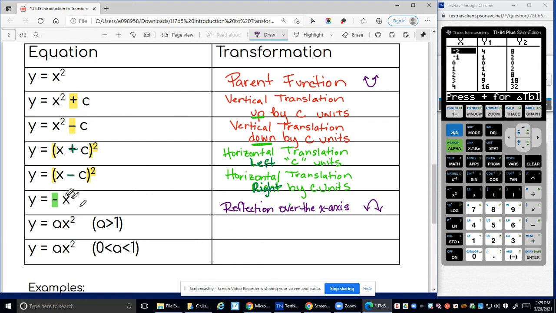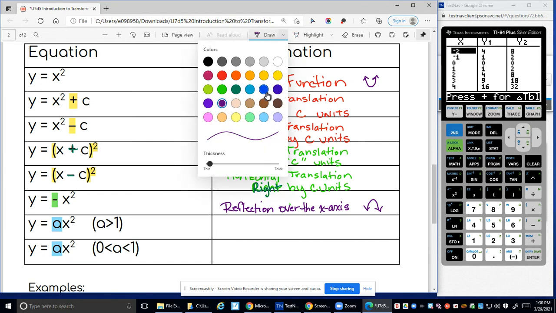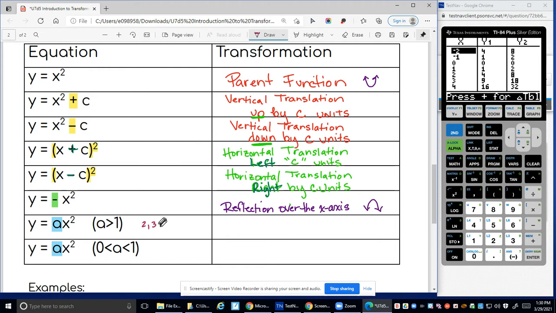Finally, we have a change in the value of what's in front of x squared, right? So they're representing it with the variable of a. Go ahead and highlight that. So we're going to be focused on anything that's sitting in front of x squared. If it's greater than 1, a bigger number, for example, maybe it's 2 or 3, that type of thing. So I'm going to put, could be like 2, it could be 3, could be like 5 over 2. That's still bigger than 1, right? All of those. This is what we call a vertical